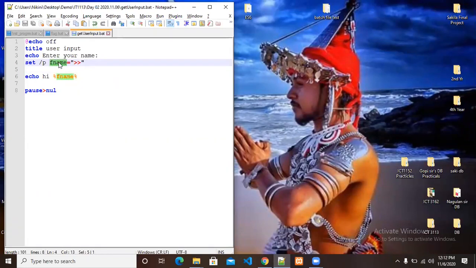Okay, fname is the variable. Whatever the user types in his typing area, that variable takes those values. Okay, clear now? Using this set /p part, is it clear why we use set /p, and why we put this variable?